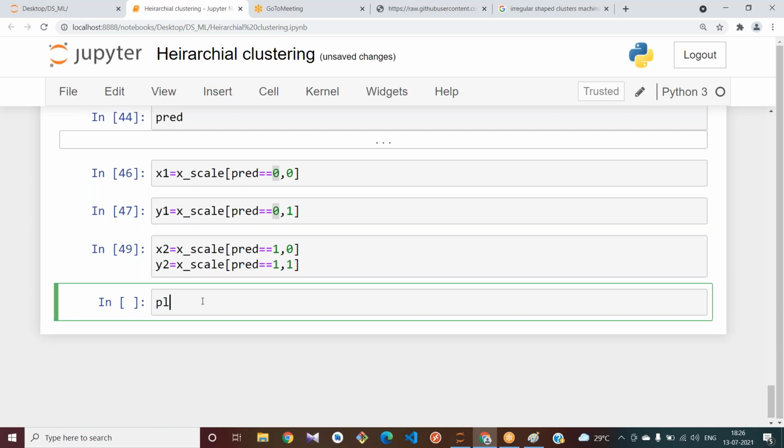Now let us plot the data. plt.scatter of x1 comma y1. Let us give some size as 60 and the label. Let me give the label cluster 0.